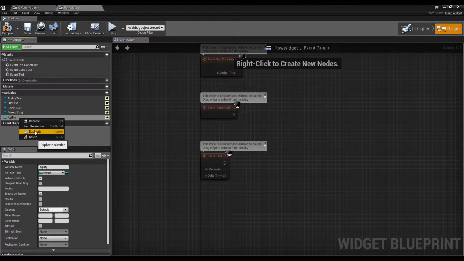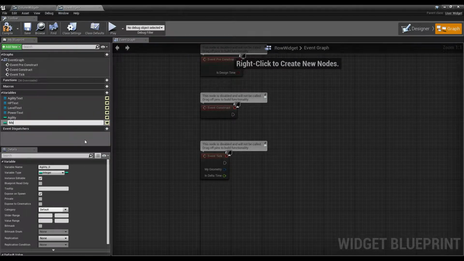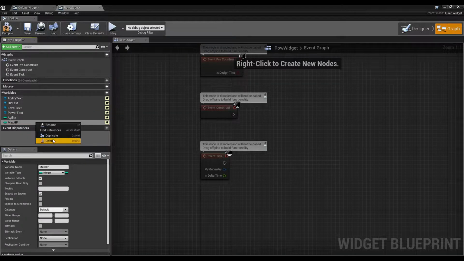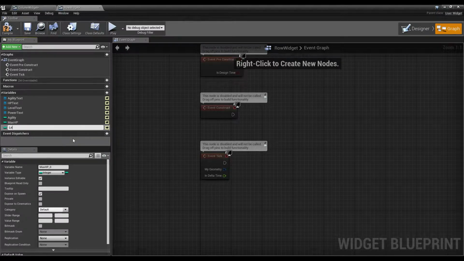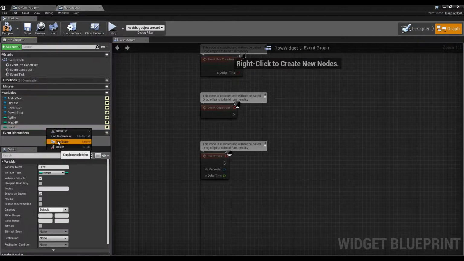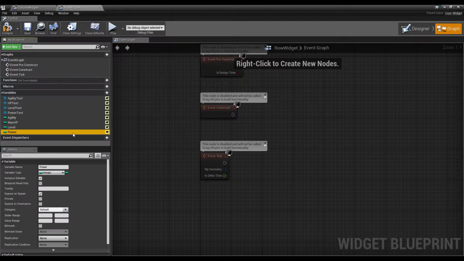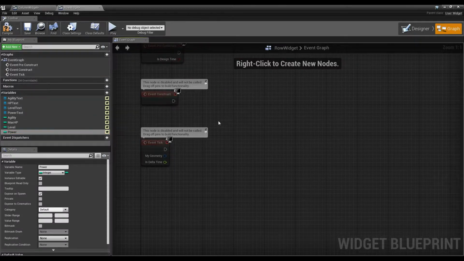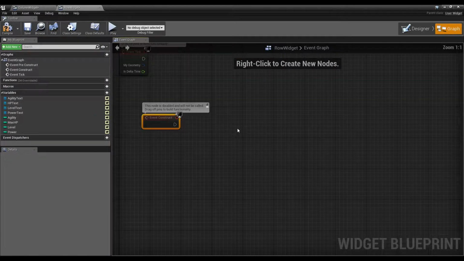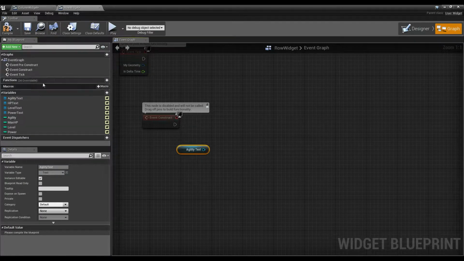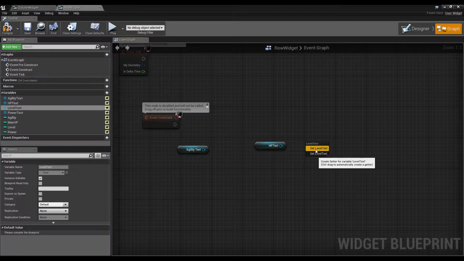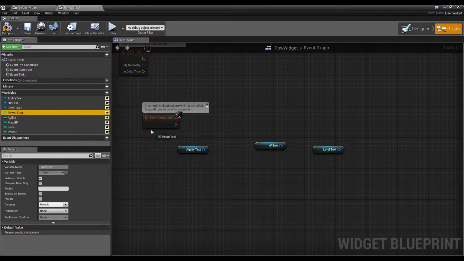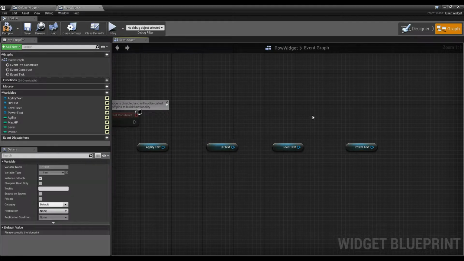I'm going to duplicate that, and I'm going to do my max HP. I'm going to duplicate that again and do our level, and duplicate it one last time and do our power. So now we have 4 variables that match our text boxes. And on event construct, I'm just going to drag off. I'm going to hold control while dragging our text boxes. What that does is it makes it so that it automatically is a get. And with my 4 text boxes, or references to our text boxes, dragged out: agility, HP, level, and power,